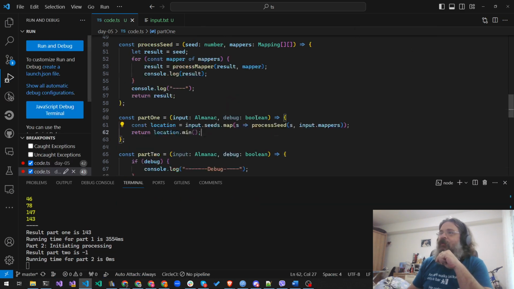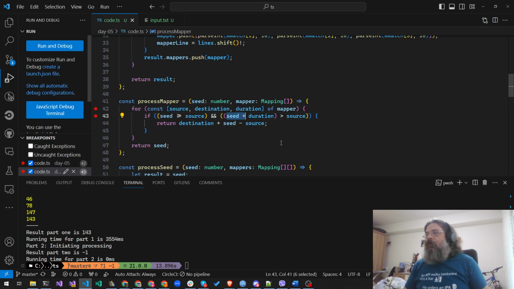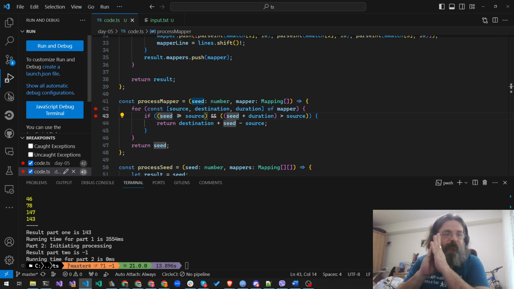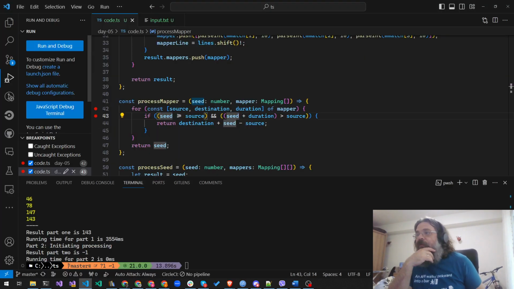It's definitely wrong here. So what we have, we want the seed to be bigger than the source. Yes, but we have to have kind of different borders. So one is more than, one is less than. So the seed should be between 50 and 52, or between 52 and 100 for those things. So this means that it should be more or equal to 50, and that's the source,